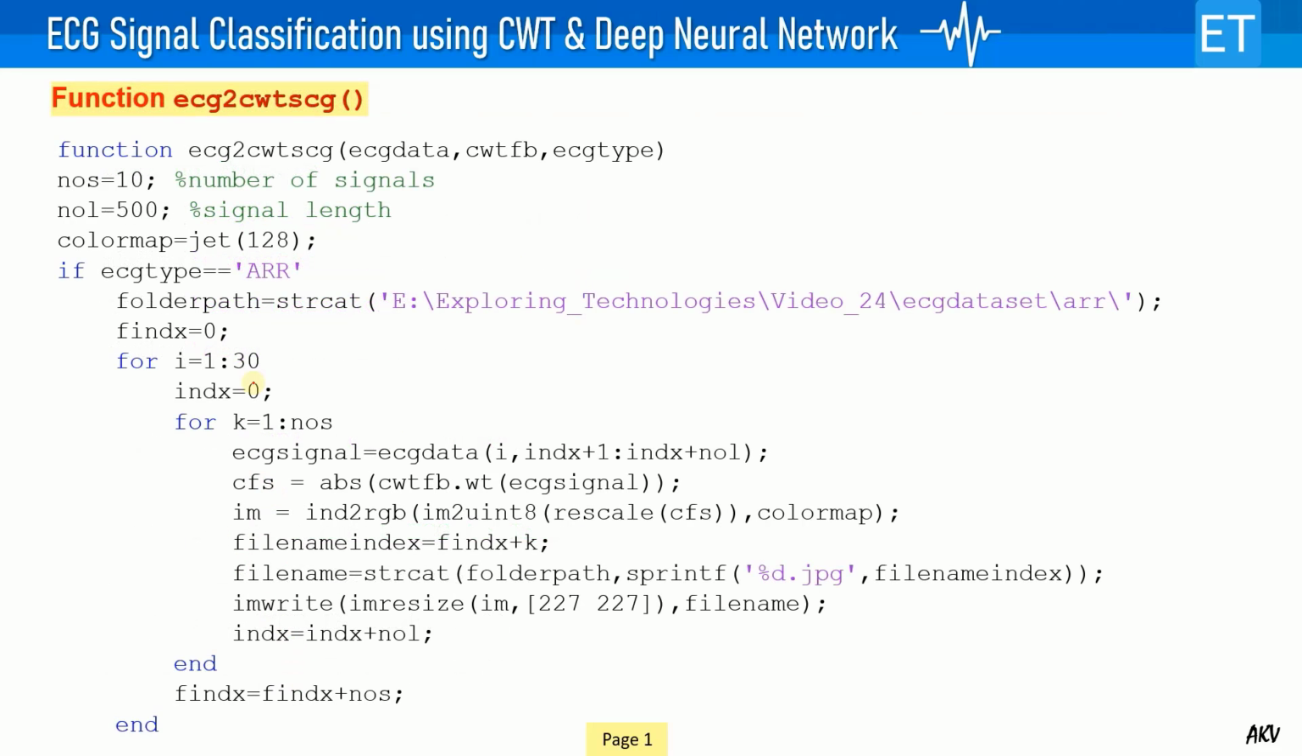So this is the syntax of this function. Here first we define the number of signals, that means 10. As I said, we have the matrix of each category. I mean we have the 3 matrices ARR, CHF, and NSR. So each has 30 recordings of length